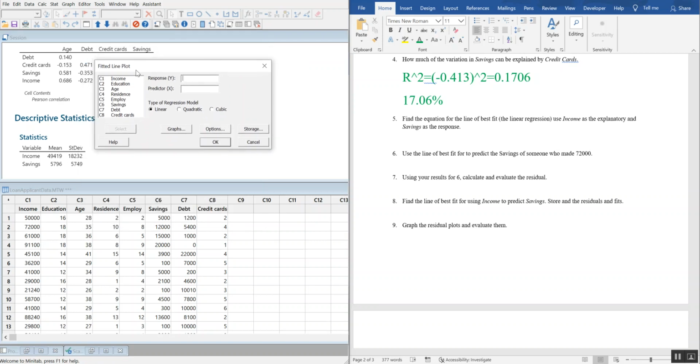So the response, that's the thing I'm trying to predict, which is savings. My predictor I'm going to use to do that is income, because income was linear and fairly strong. For now, that's all I'm going to do for my setup. Just a reminder, this was found under Stat, Regression, Fitted Line Plot, and we're just putting in the X